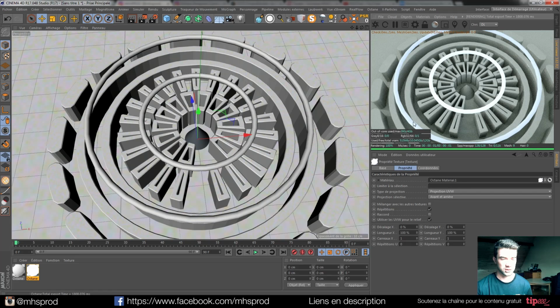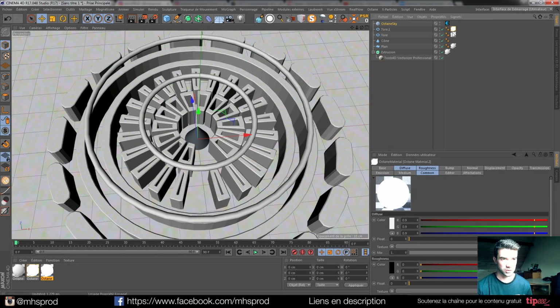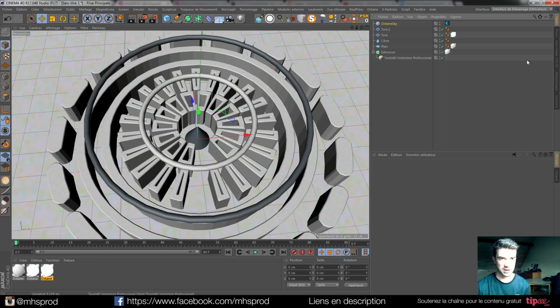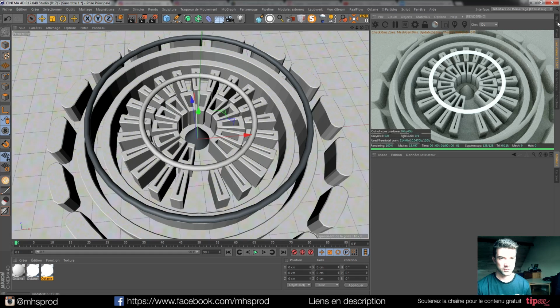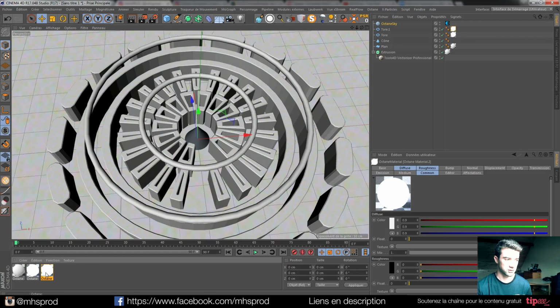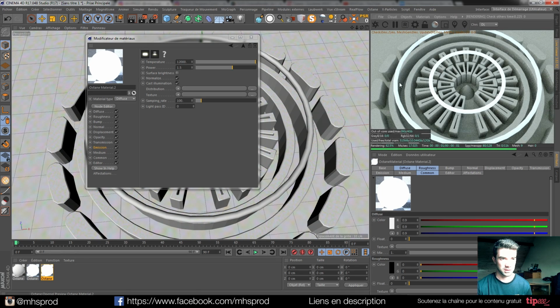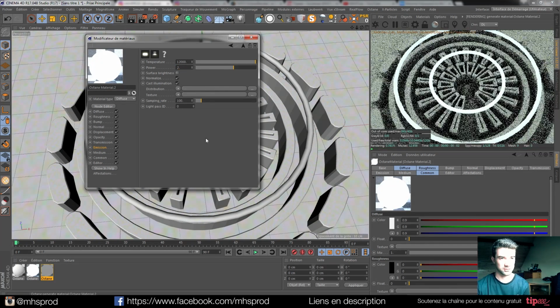Maybe we need to create two different materials because this one is longer, so not having the same power. So I will go here, and for this one I will just add power like 1.5 maybe, to try to have the same color,